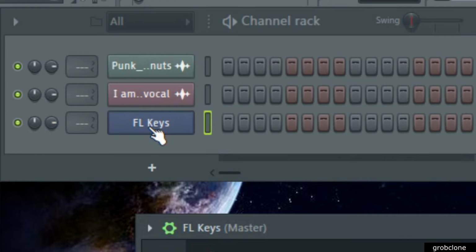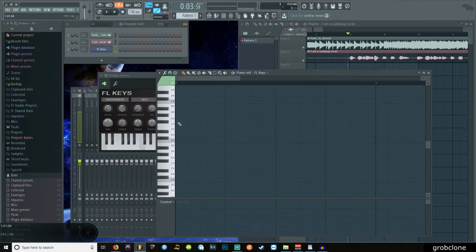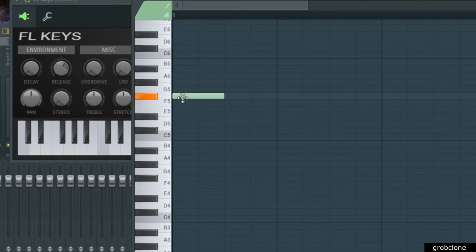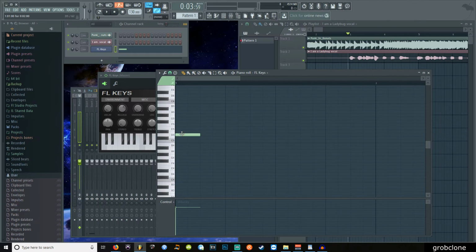if you have a DAW like Fruity Loops, you can look in the piano roll. F sharp is here. And then we just count down or up to D. 1, 2, 3, 4. We would know now that the vocal has to go down 4 notes. But anyway, it's going to be a different case here, so